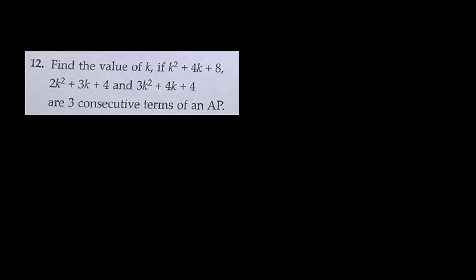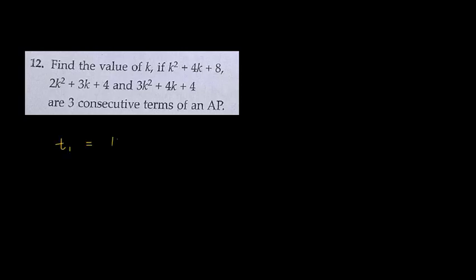Now here in this problem, the question is: find the value of k if k square plus 4k plus 8 and 2k square plus 3k plus 4 and 3k square plus 4k plus 4 are 3 consecutive terms of an AP. We have to find the value of k. Now these are 3 consecutive terms. That means